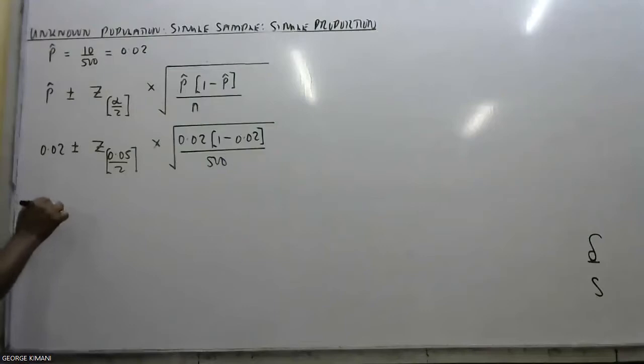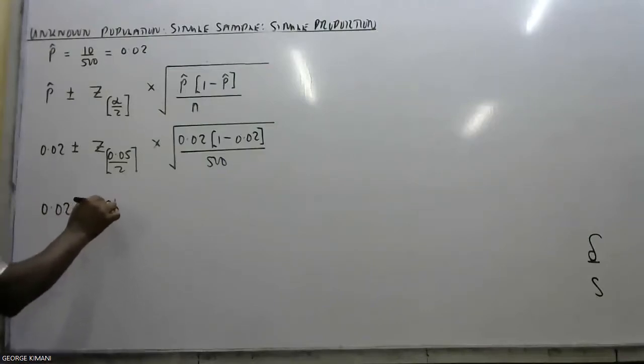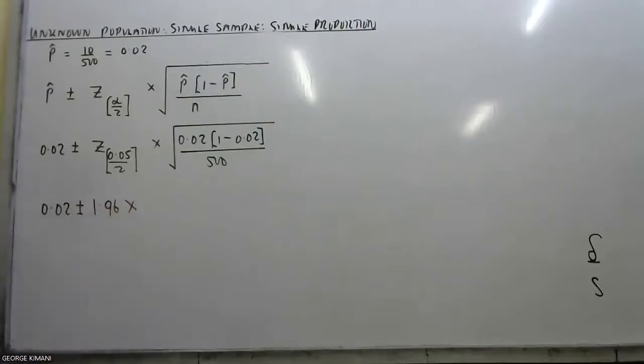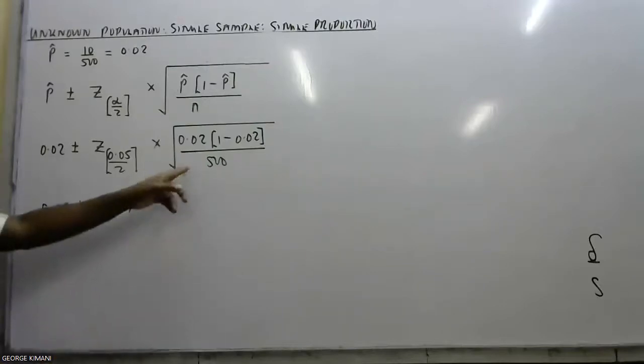So this is 0.02 plus or minus. This is the one we just read for the first question. So 1.96. So solve this straight and give me